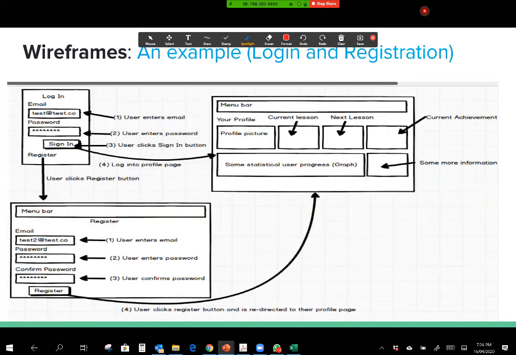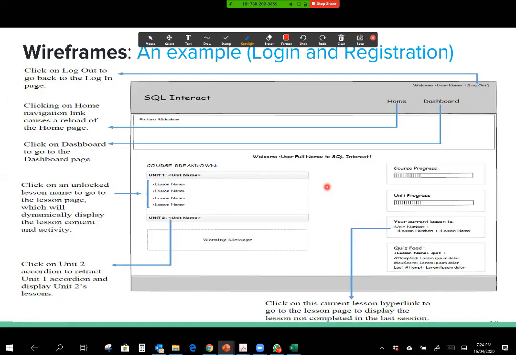Okay. And this is another example of a wireframe, and wireframes are showing you how the pages are linked. So if you click sign in from here, it goes to here, right? Or if you click register, it goes to the registration page, and after you register, it takes you to here, which is the home page, right? So these are different ways to represent your wireframe. And the next step, after you've done your wireframe, so this is another wireframe.